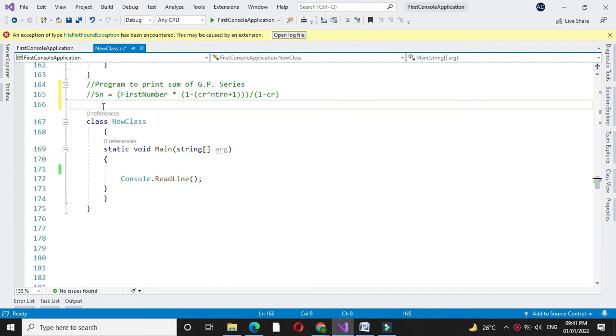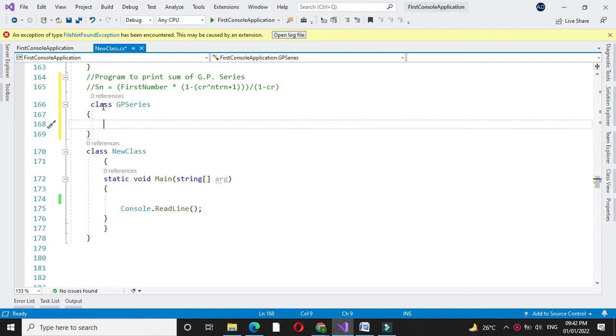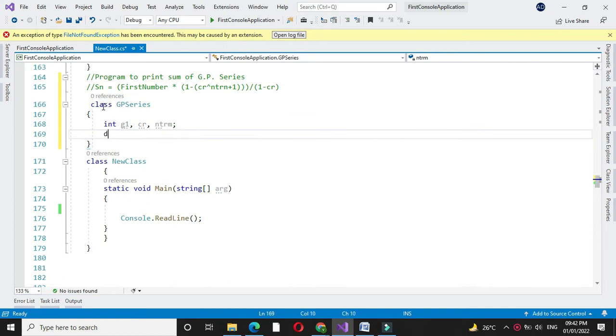First we will define a class. Here we are going to accept the first term, common ratio and nth term. So we will define 3 variables and we will define another 2 variables, one for storing the sum value which is initialized with 0, Tn, and Gpn which is used to print the series.